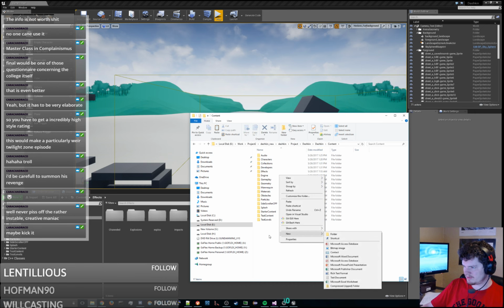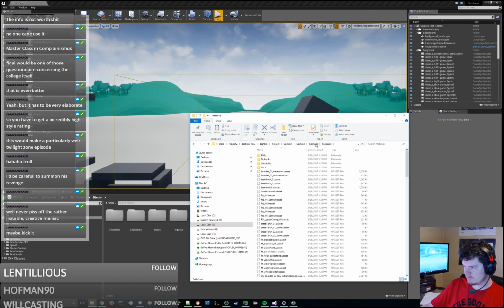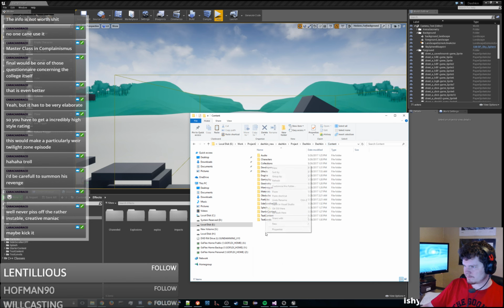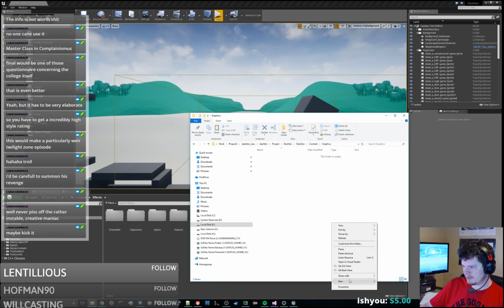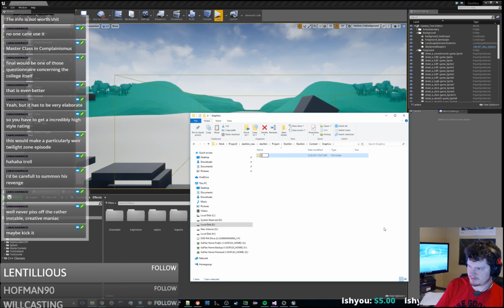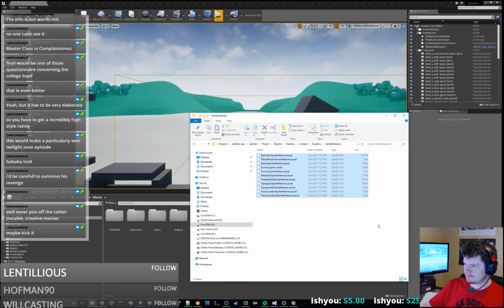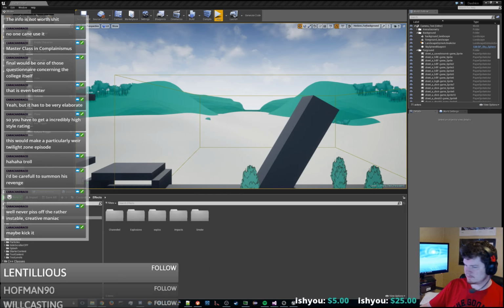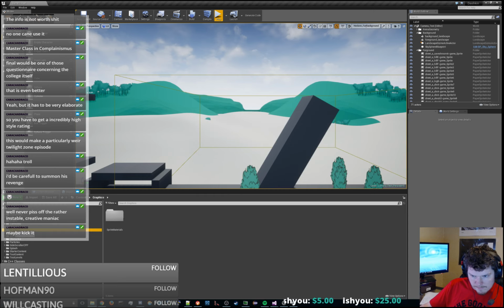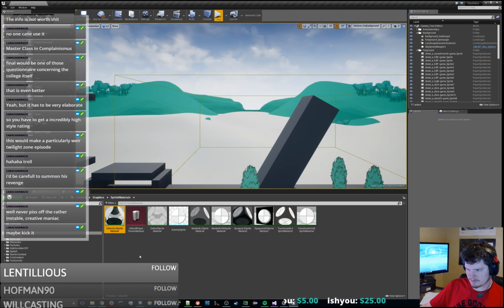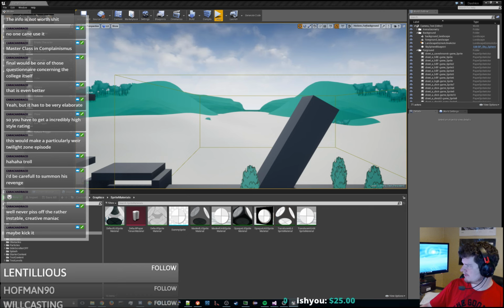So why don't we just make graphics, and then we'll put sprite materials, and we'll paste this in here. Graphics, sprite materials. Yeah, we'll just do this,